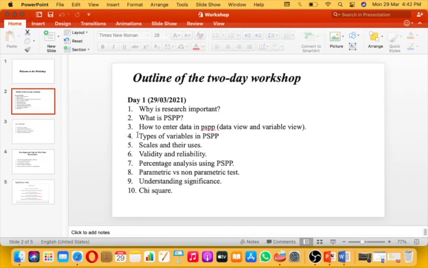There are certain non-parametric tests, like, as I told you, chi-square. There is another test called the Kruskal-Wallis test, and the Mann-Whitney U test. These are all tests that are not parametric, they are non-parametric tests. That means their effect is low, their ability to predict the result is low, it is not highly reliable. It is always better to go with parametric tests.